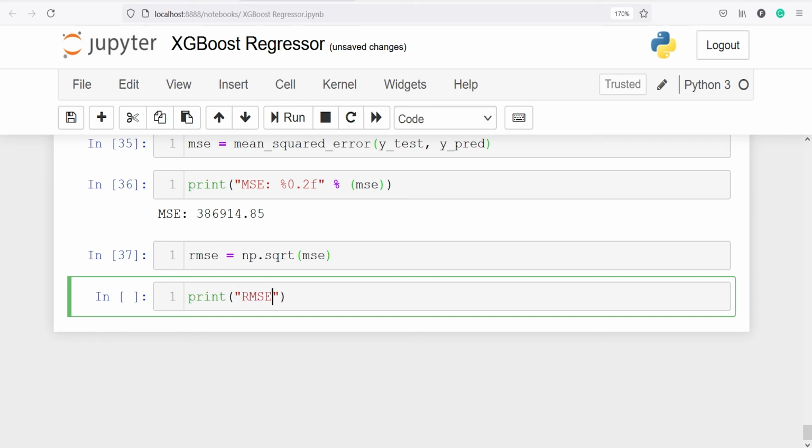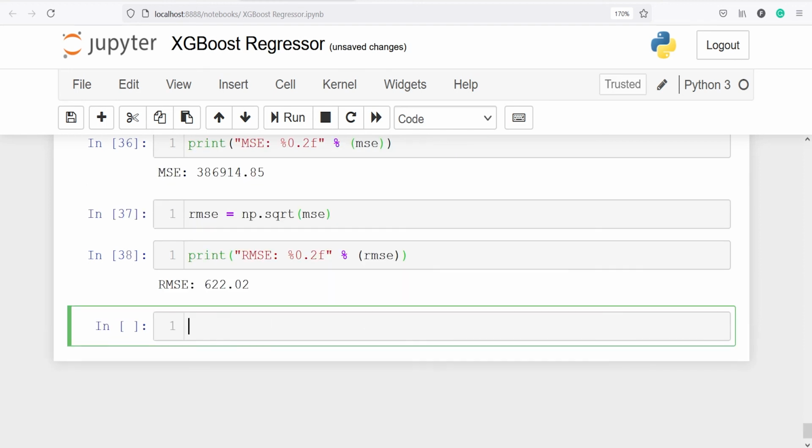RMSE percent 0.2f. 0.2f here indicates that we want the result to two decimal places, not more than that. Then RMSE. Let's execute our code. The RMSE is 622.02.